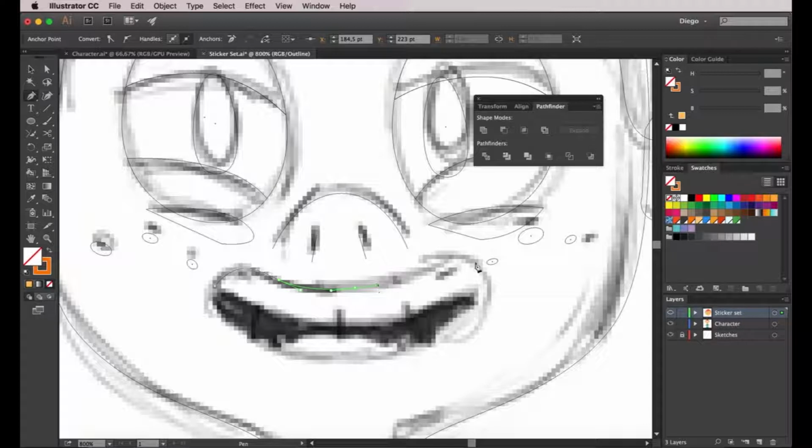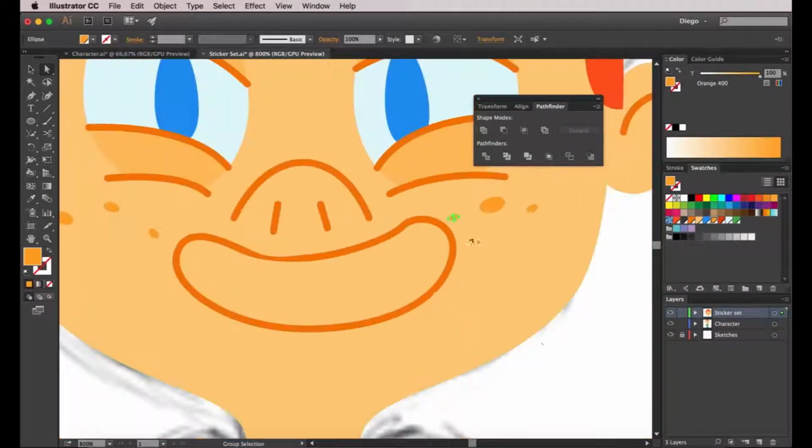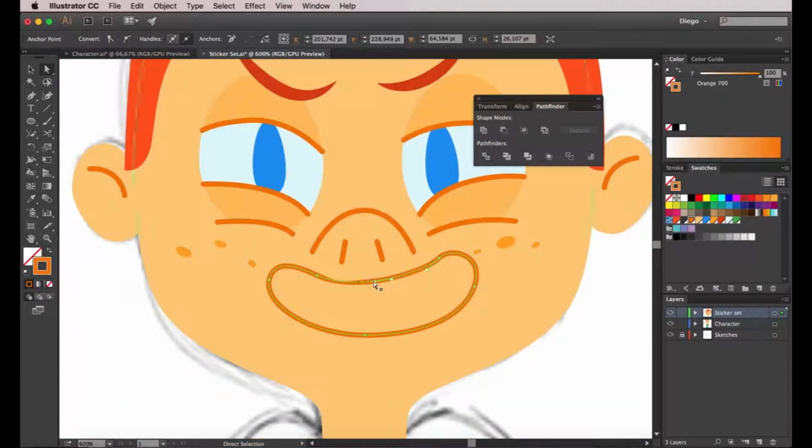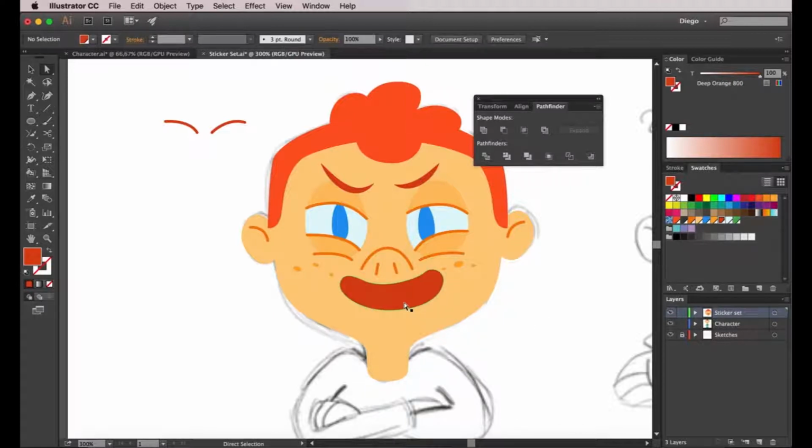So I'm not going to make it symmetrical, I'm just going to make it close to the sketch, and that should be enough. Okay, so I have this shape. I'm going to take the eyedropper and copy this dark red color for the eyebrows and switch fill and stroke. Maybe I'm going to use this color for the inside of the mouth,